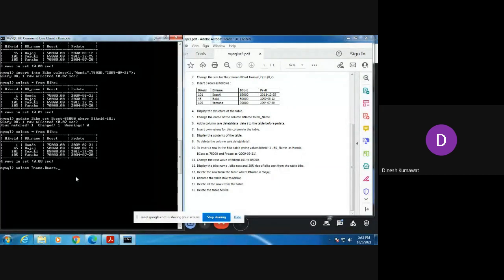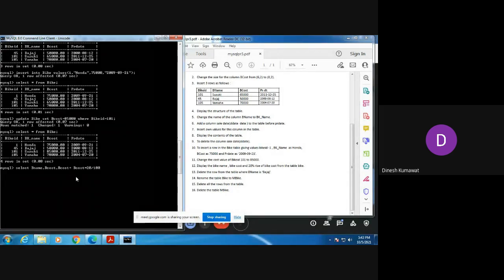So give this command, that is B cost plus 20% of B cost, or plus B cost multiplied by 20 divided by 100.